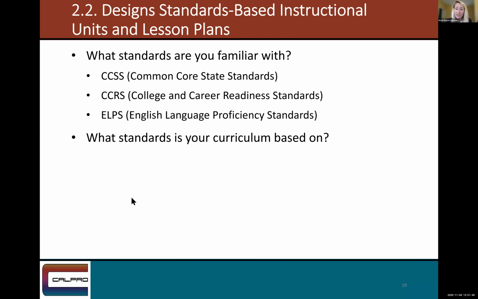You can type in the chat. Sometimes we don't. I mean, honestly, CCRS and ELPS. Okay, great. I'm glad to hear that. Common Core. Okay, great. Sometimes we just, if you asked me and I was a new teacher, I wouldn't have